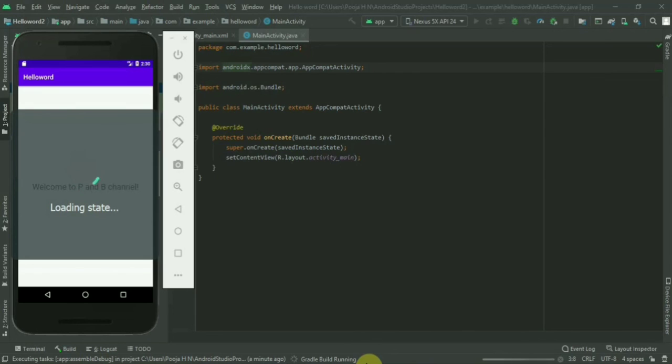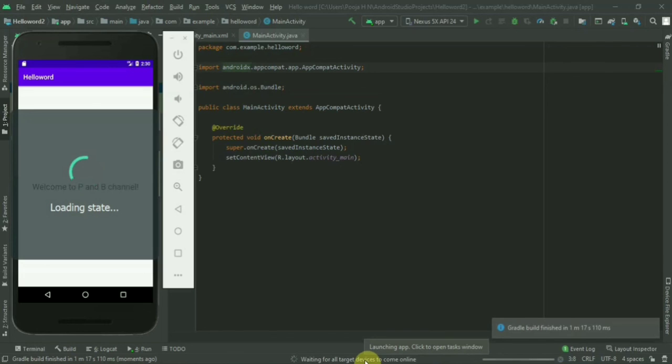You can see below what are all the processes going on. See, now the Gradle build is finished.